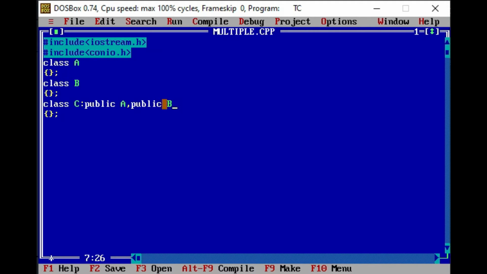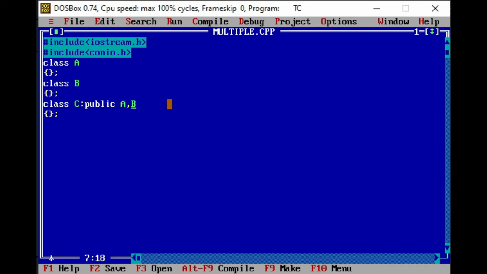Okay, here if you are not writing public, suppose I am taking here public A comma B. So according to the syntax, we need to compulsorily write the access mode then class. If I am writing public A comma B, then it won't consider A and B both in public mode. It will consider class A in public mode.